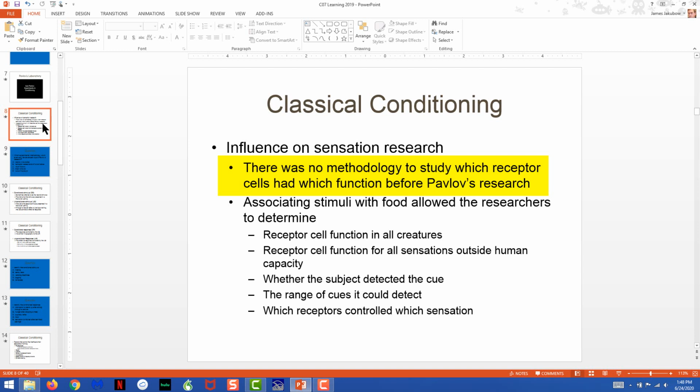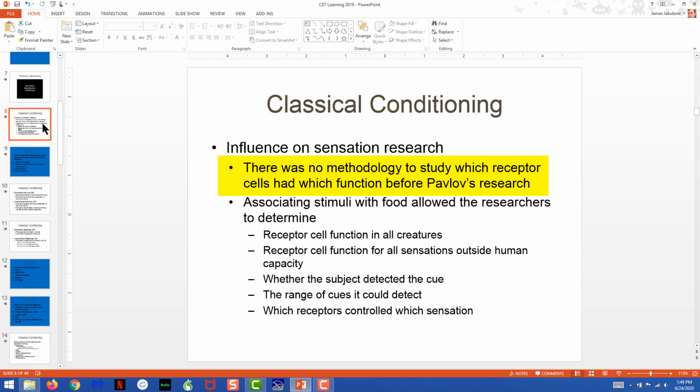Prior to this point, if you want to understand the visual acuity of a monkey or the auditory capacity of an elephant, or whether or not snakes could see outside of the visual spectrum that humans have, you simply could not do it. You could isolate what you thought was a receptor under the skin or in the eye or in the ear, but you could not trace it through the brain and figure out actually what it did. And in fact, doing so even today would be an extremely difficult task.